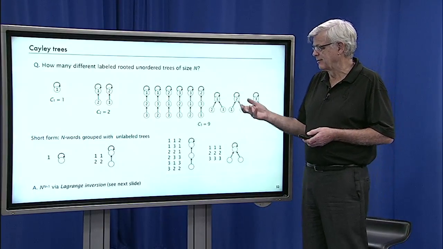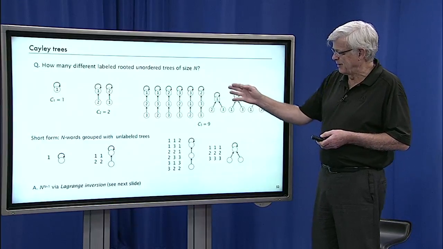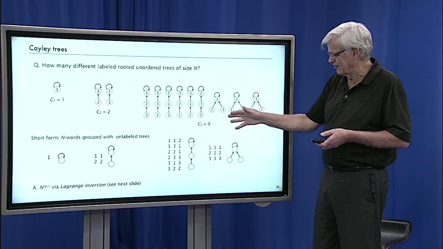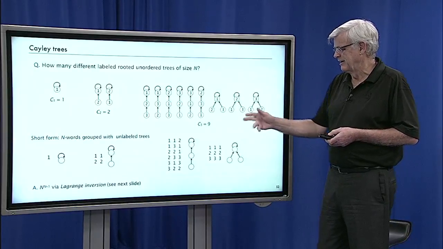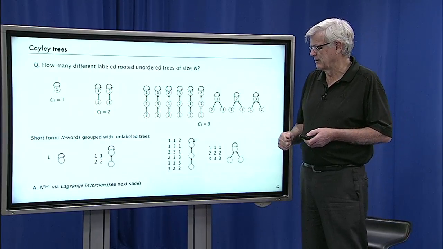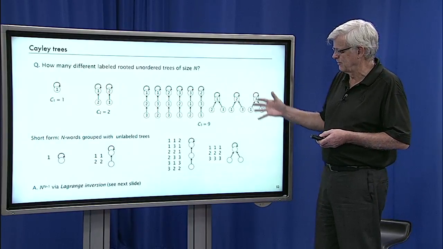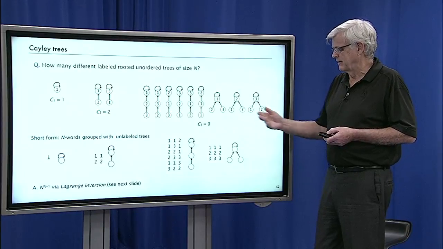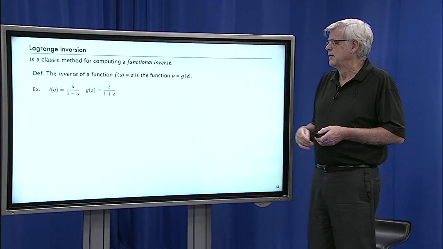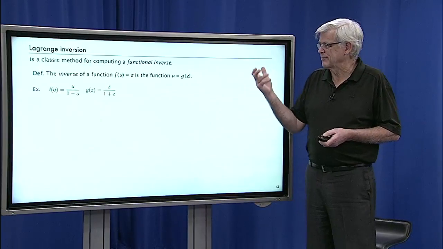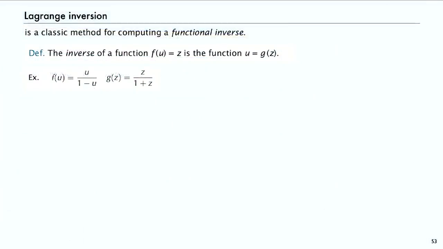Now the answer is the number of Cayley trees. You might have guessed that there's a power going on. It turns out to be n to the n minus 1. But that's not at all an elementary result. We're going to use a technique called Lagrange inversion eventually to get to this result that is described on the next slide. Lagrange inversion is a classic method for computing a functional inverse, and it's a very important and deep theorem. I'm not going to go into all the ramifications because we use it in